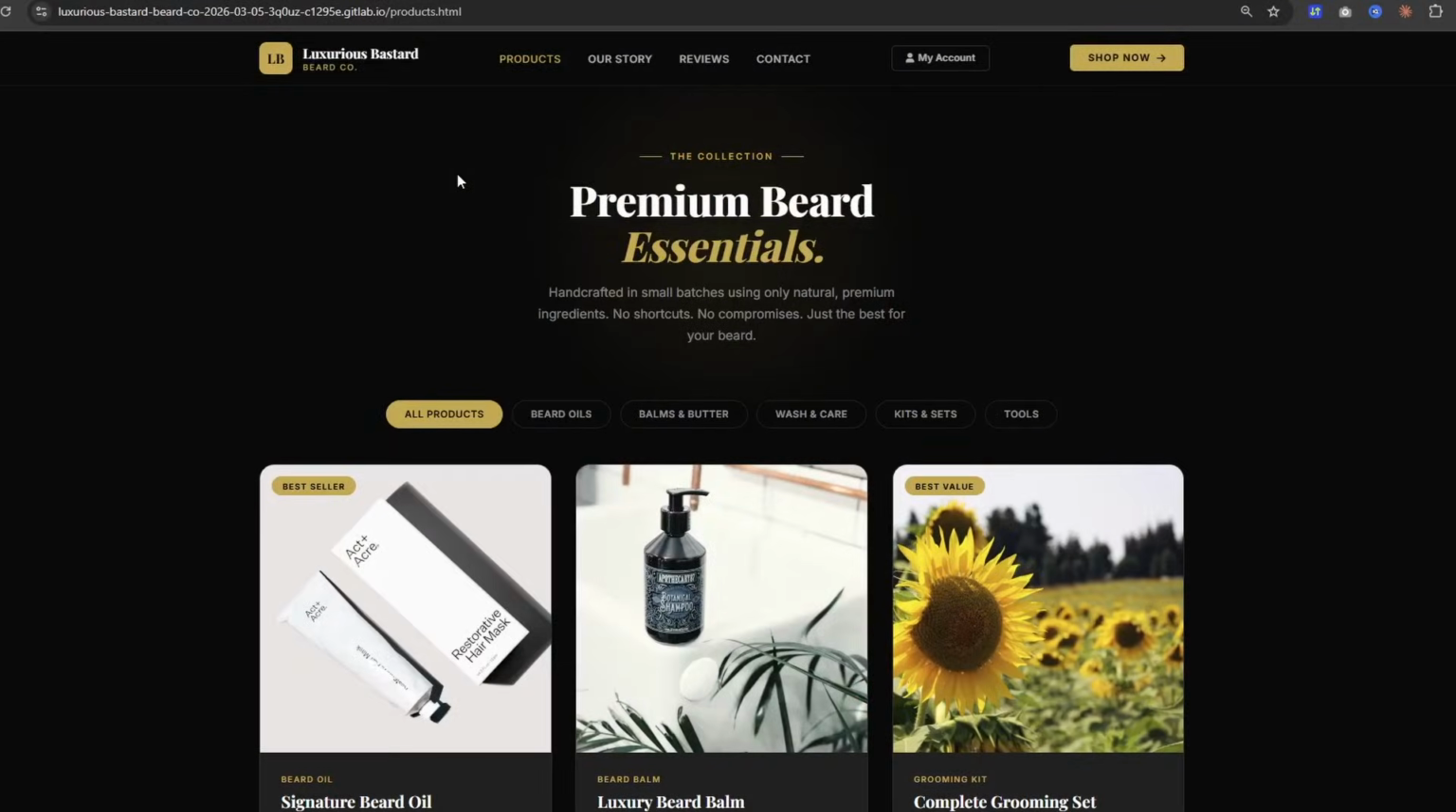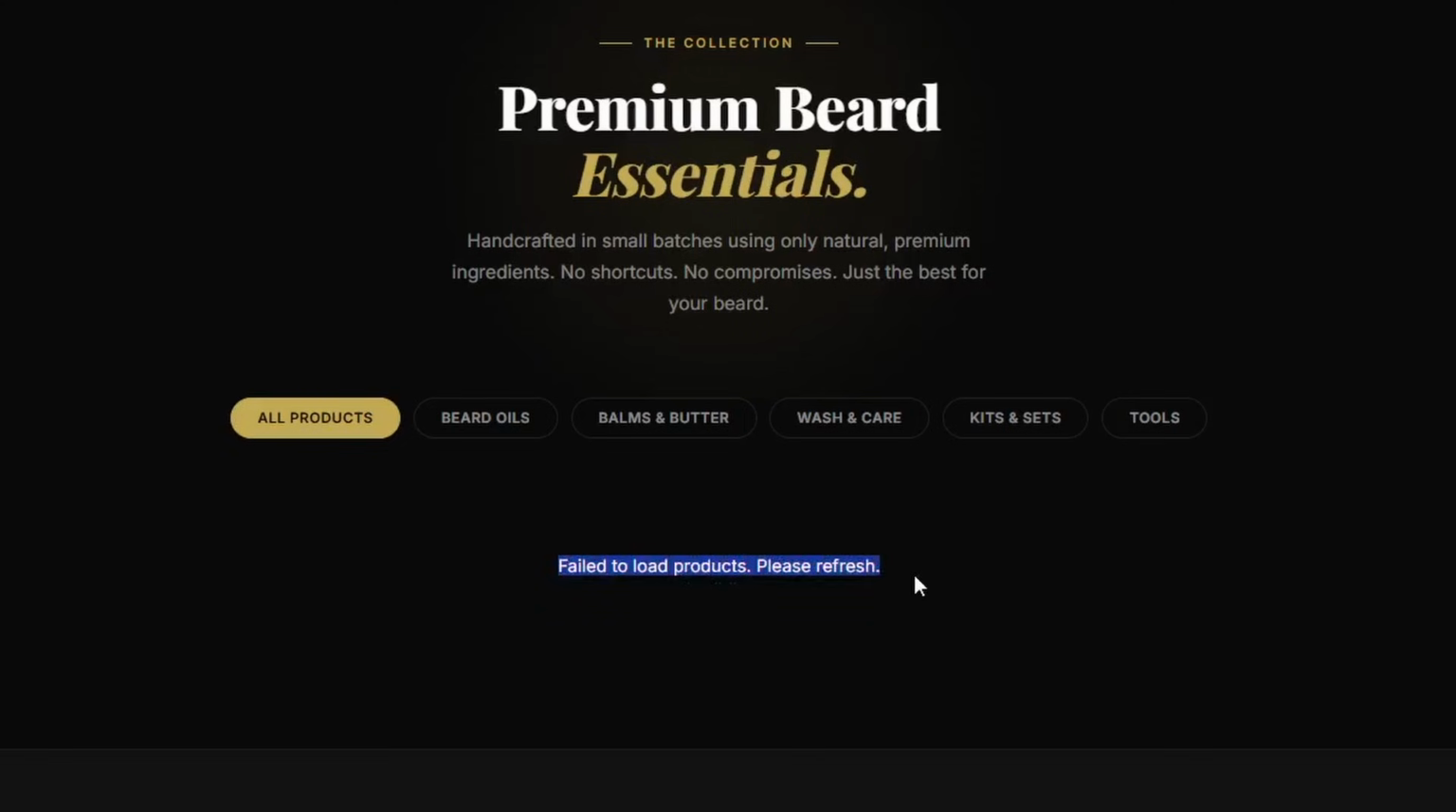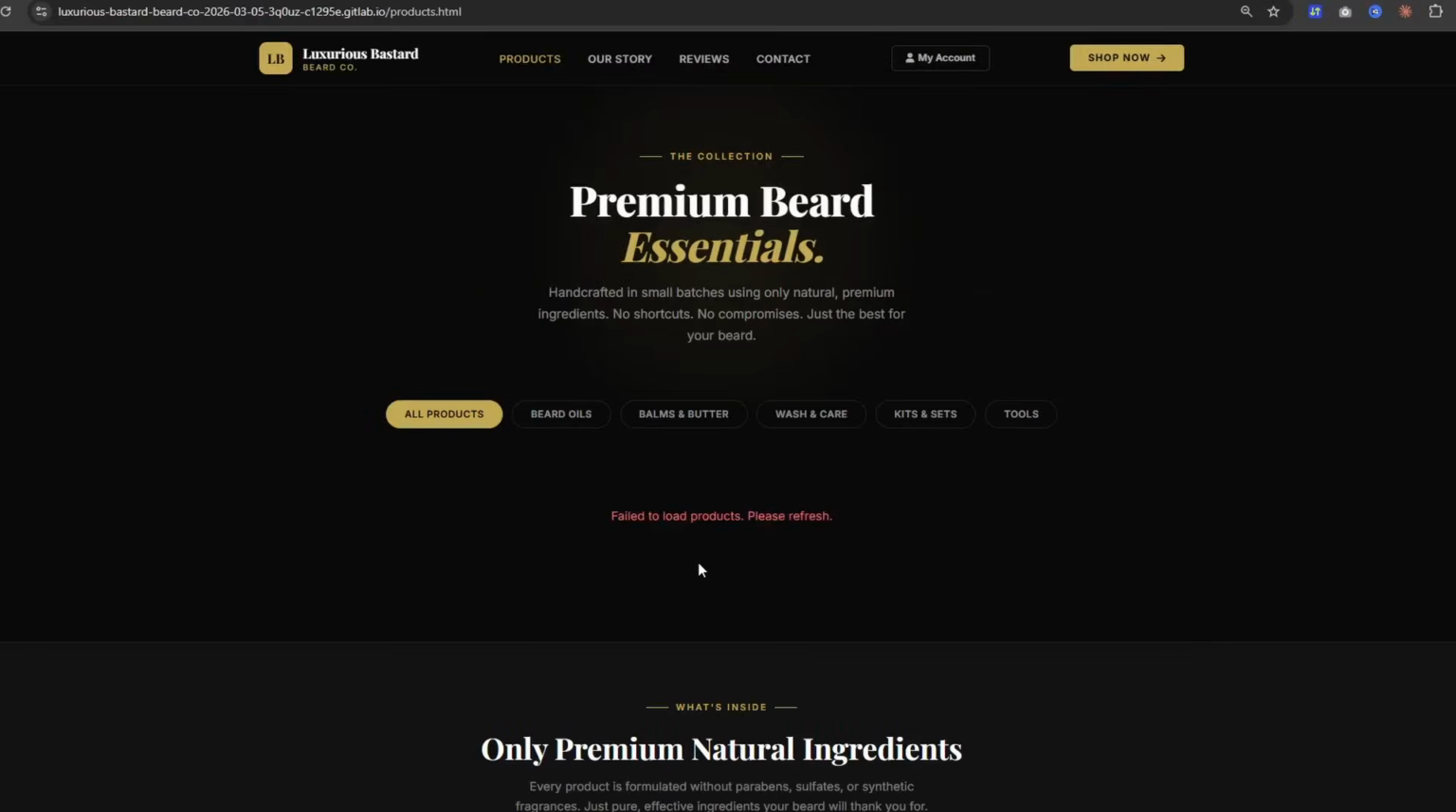So I'm back over on the products page. I'll just do a refresh of it. And you can see that there's this error here, failed to load products, please refresh. Now I suspect that's because we haven't seeded the database. So if I update the URL here to the admin.html page,